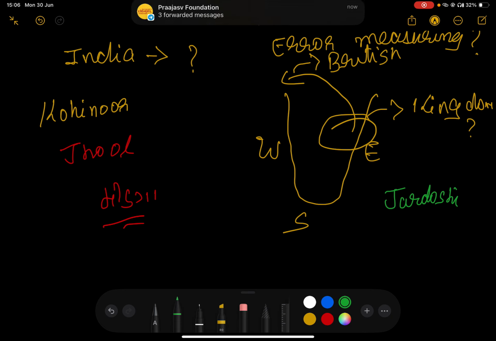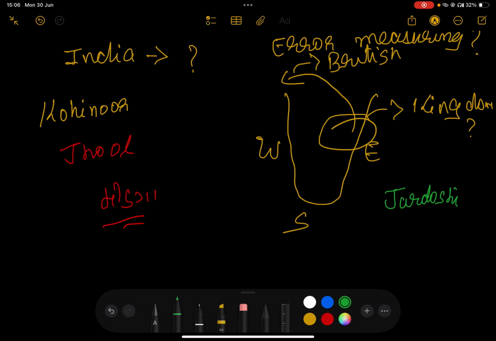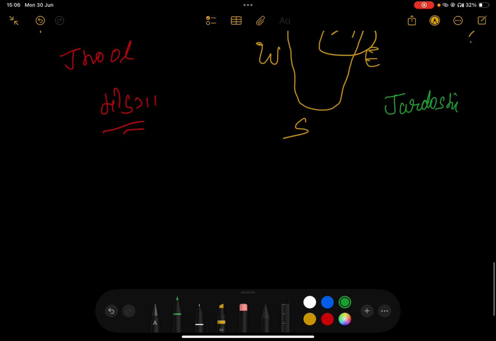Then next is metal work or engraving. I don't know if there would be a copyright strike because many messages are being seen, but it's okay. Never mind. Metalwork is also a very old art of India. Metal Age began and developed after Stone Age. So initially there was Stone Age, followed by Metal Age.